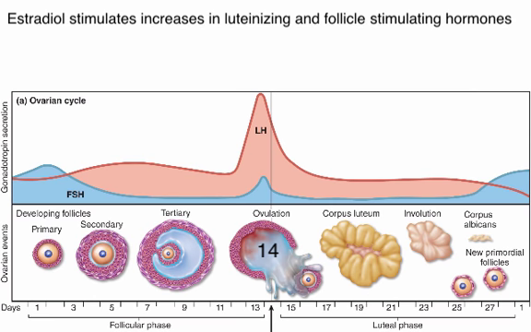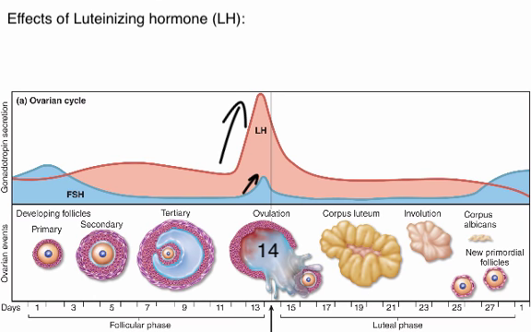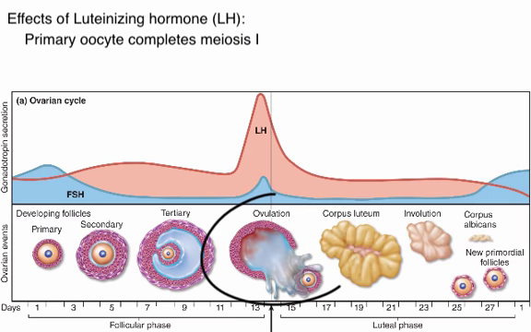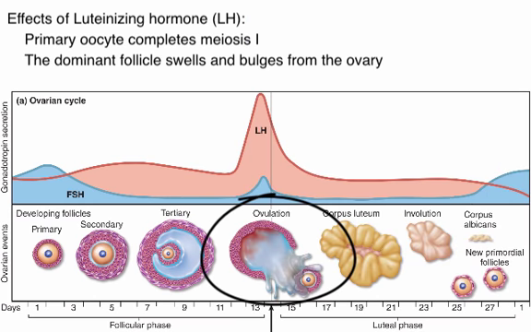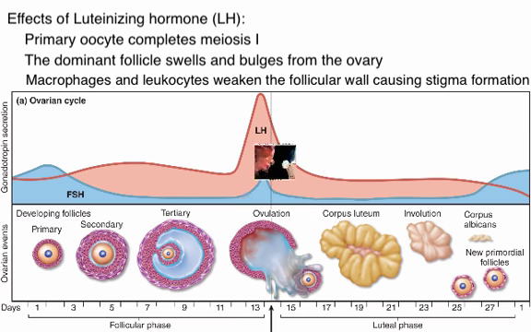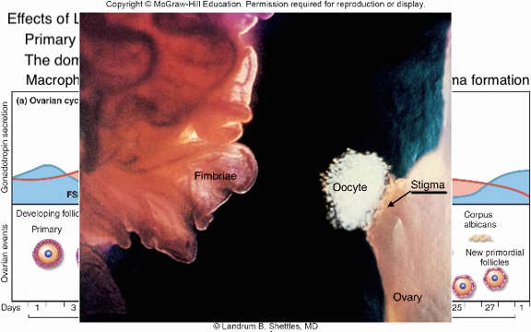First, estradiol stimulates a surge of luteinizing hormone and a lesser spike in follicle-stimulating hormone. LH induces several events. For example, the primary oocyte completes meiosis I, producing a haploid secondary oocyte and the first polar body. Then the follicle swells to an astounding size and the pre-ovulatory follicle bulges from the ovary like a blister. Macrophages and leukocytes secrete enzymes that weaken the follicular wall, and a nipple-like stigma appears on the ovarian surface